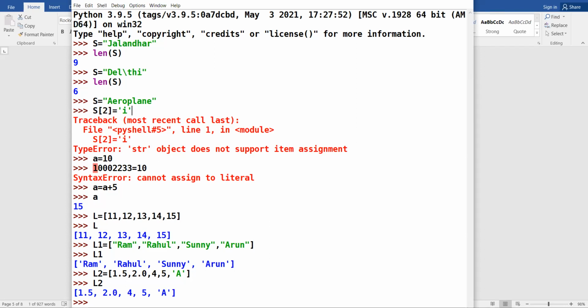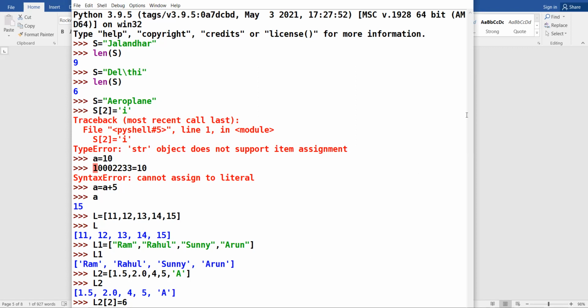How? See here. L[2] equal to 6. I am updating, I am modifying the value lying at second index to 6. Which value is already lying at second index?